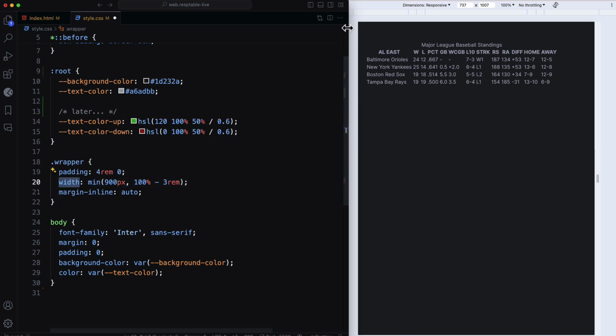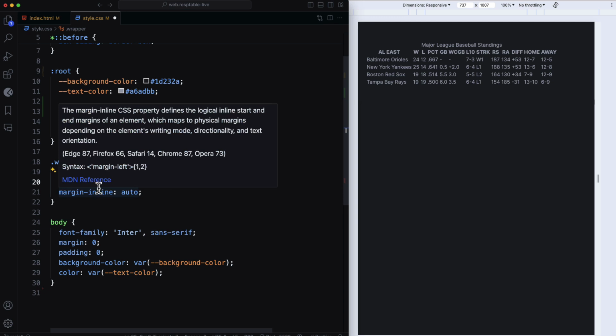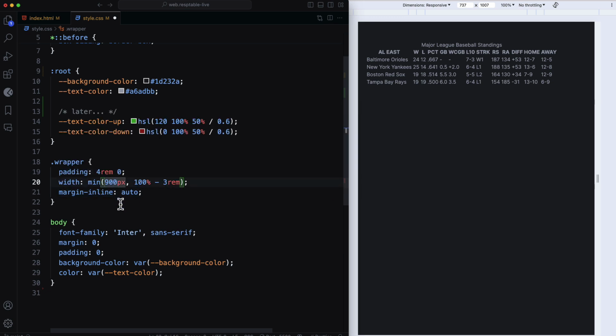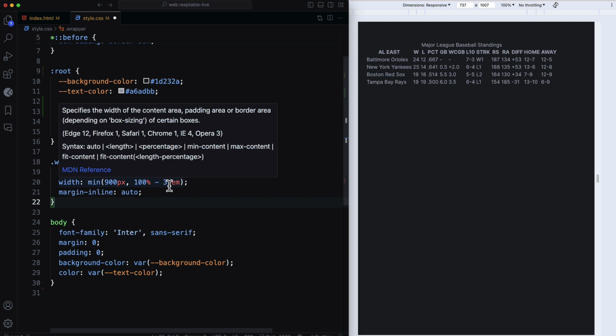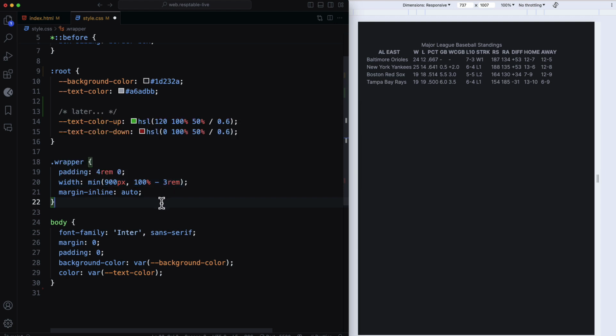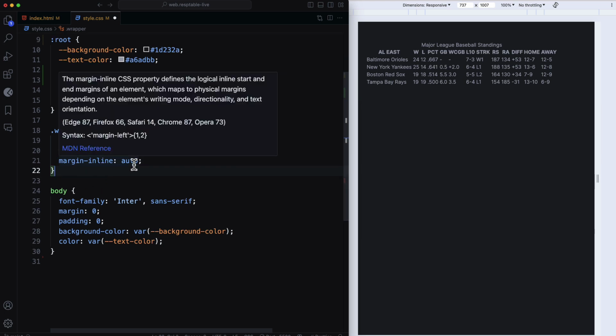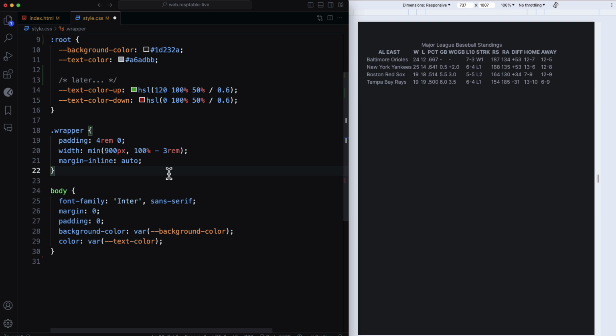And then the width of this container, or the wrapper, is minimum 900 pixels or 100% minus 3 rem. Think about it. That means that the table will never be wider than 900 pixels. That's the minimum. 900 will trigger that minimum clause. But if it is smaller than 900, you take 100% of that and subtract 3 rems to still make the table appear in the middle. And the margin inline auto gives us margins on the left and the right automatically,